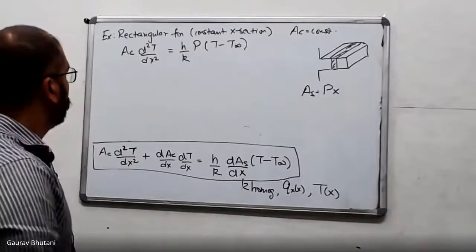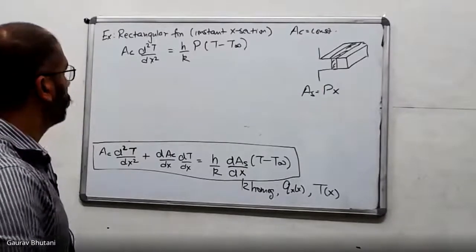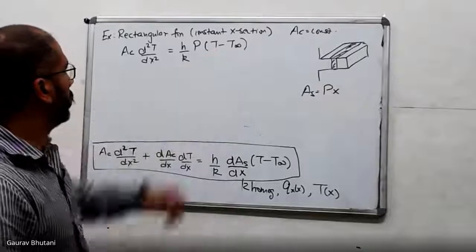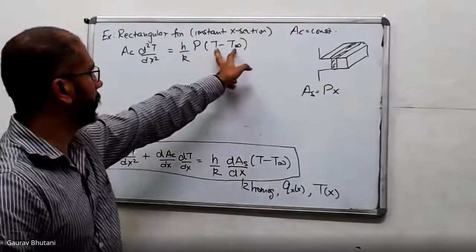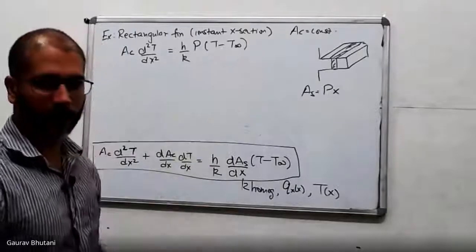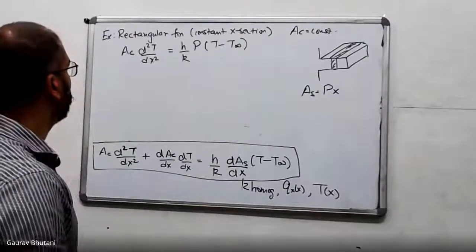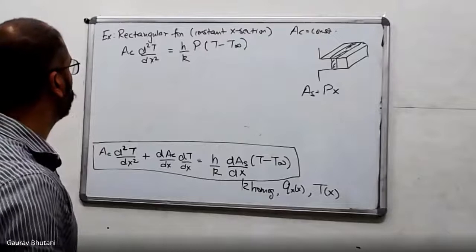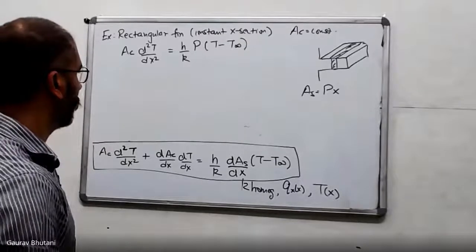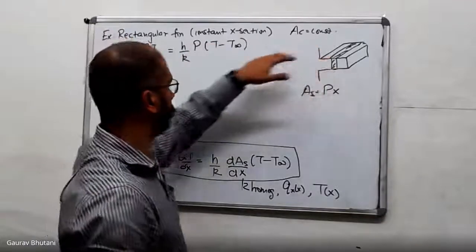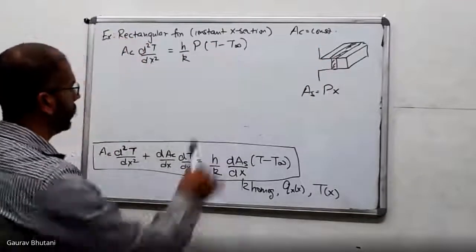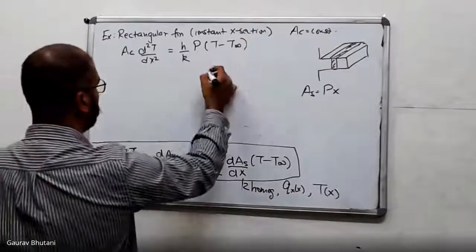So what we do here is, remember, we are solving for this T. What typically we'll do is substitute T minus T infinity as some other variable. We'll call it theta, the excess temperature, so that is what is causing the convection. This difference, the delta T potential, is causing it. So let's call this theta.